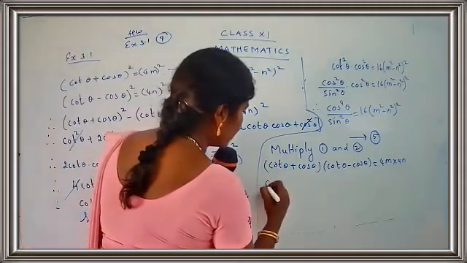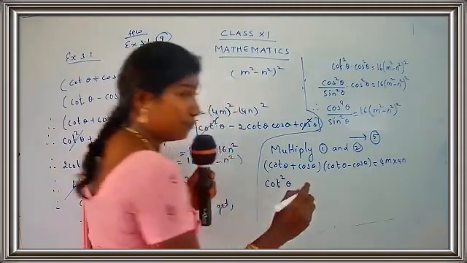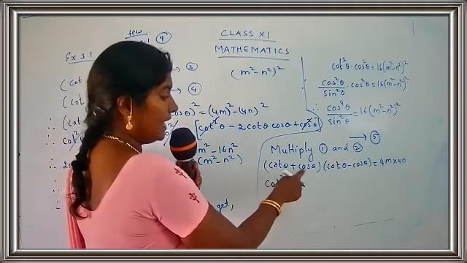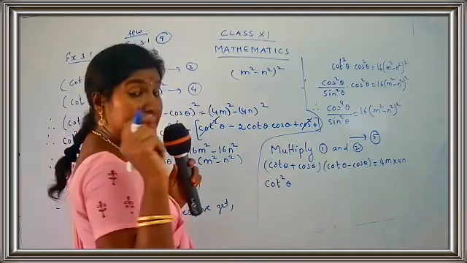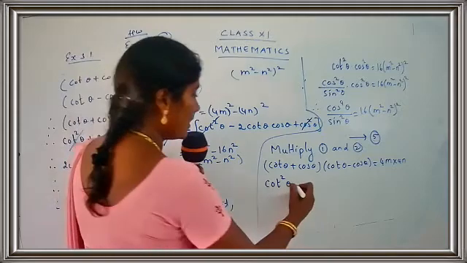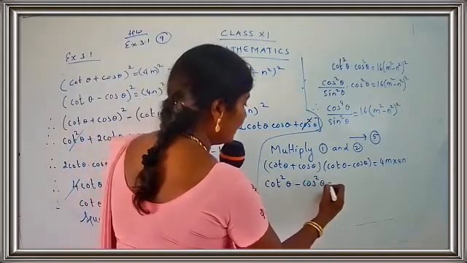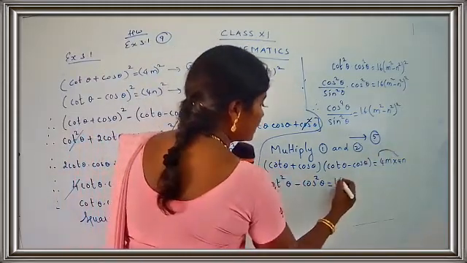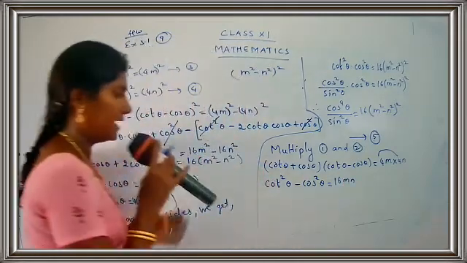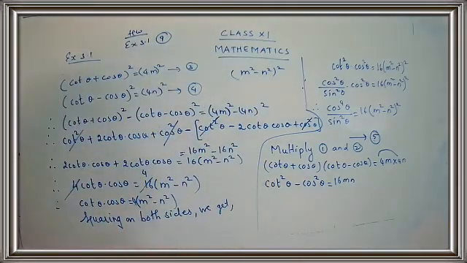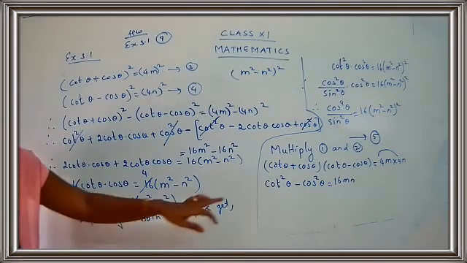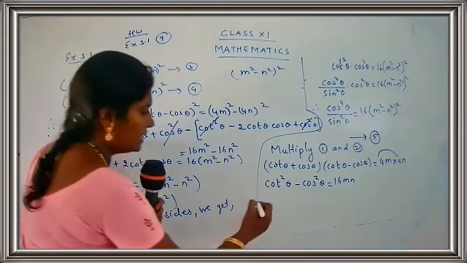So write down here, this is cot square theta. I'm just going to do it directly, children. (A plus b) into (a minus b) gives you a square minus b square, so cot square theta minus cos square theta is equal to 4 fours are 16 mn. Okay, I get cot square theta minus cos square theta is equal to 16 mn. Now again a small change. Let's try to change cot square theta.